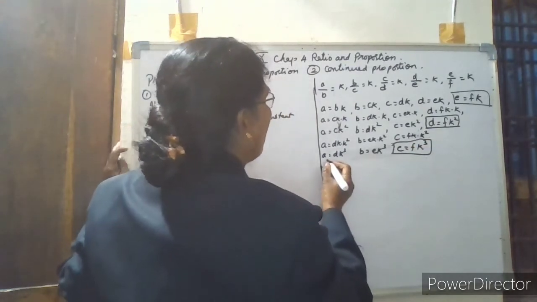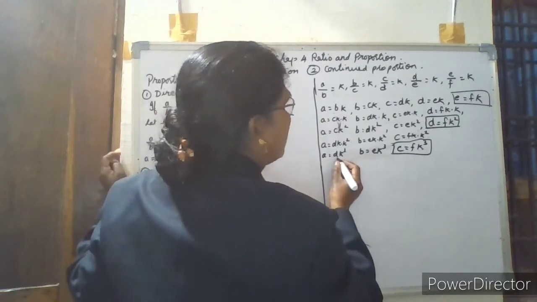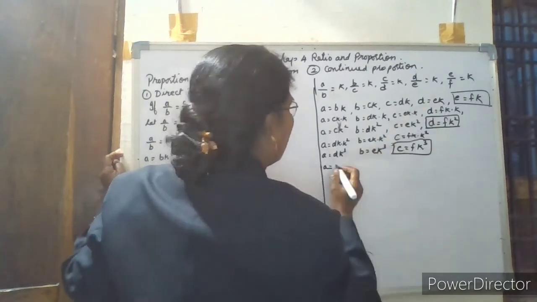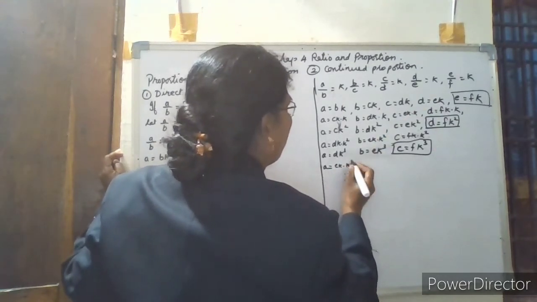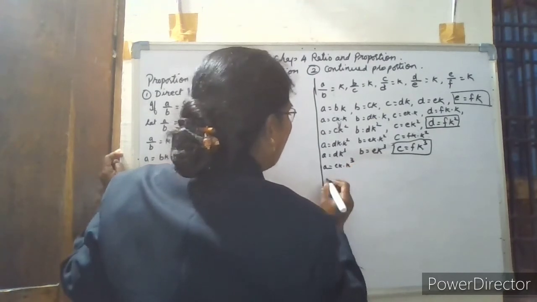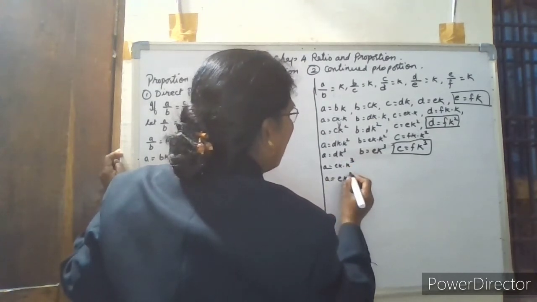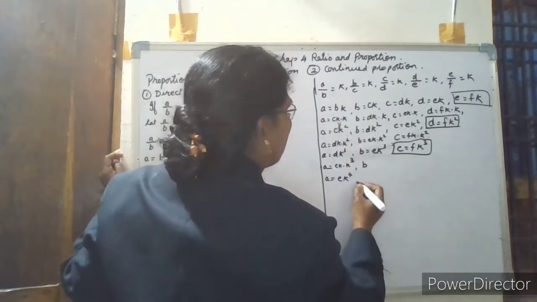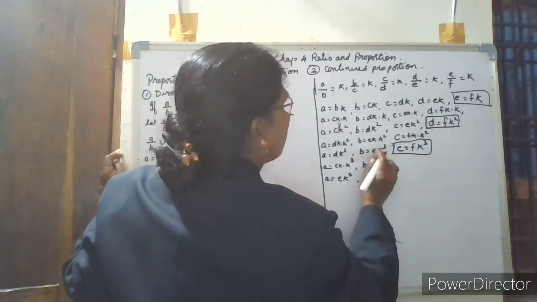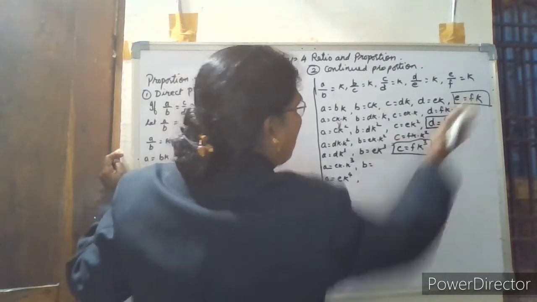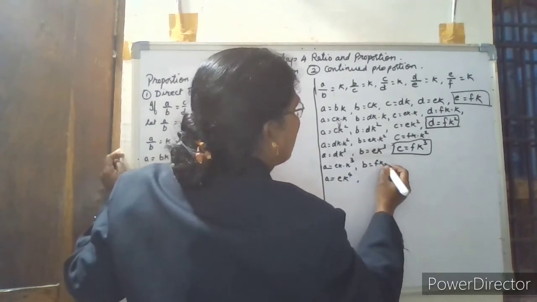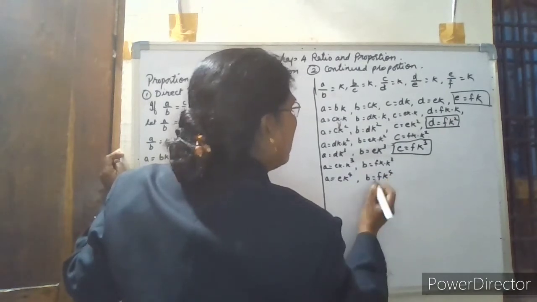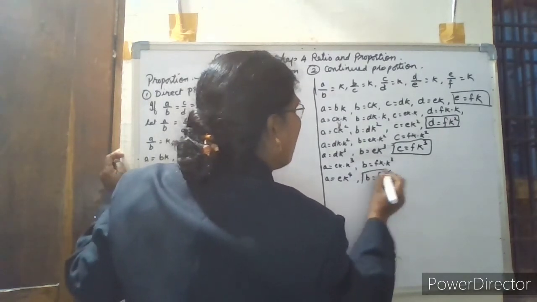Now we come to again A. A value is D value into k cube. D value is equal to ek, so ek into this k cube. So A value is equal to ek raised to 4. Then B value is equal to E value, fk into k cube. So B value is equal to fk raised to 4, in terms of fk we got. So B value is over.